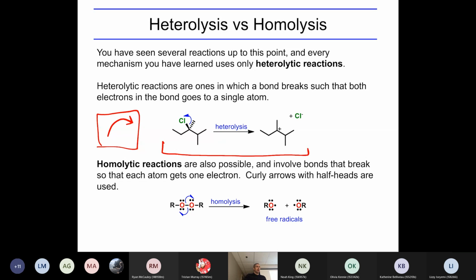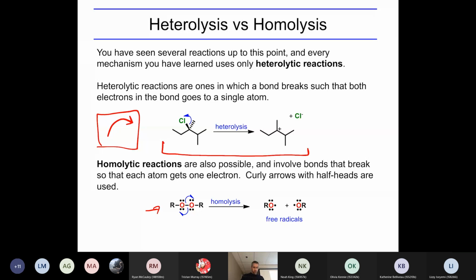So in a radical reaction, what happens is electron pairs, when they break, they don't necessarily break so that one partner gets both of them. They break so that each side gets one of the 2 electrons in the pair. So here's a reaction. We have a molecule ROOR. These types of molecules are called peroxides. And what's happening with this peroxide is that the OO bond breaks, and they both don't go to one side or the other. That pair splits